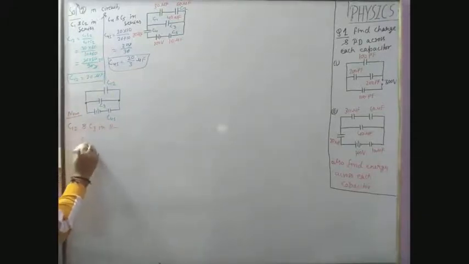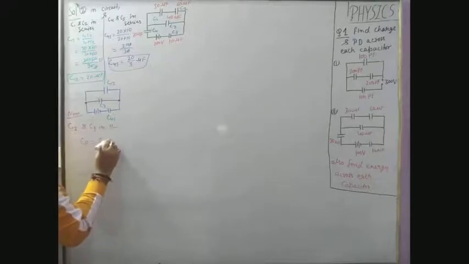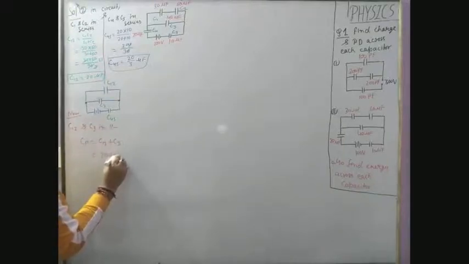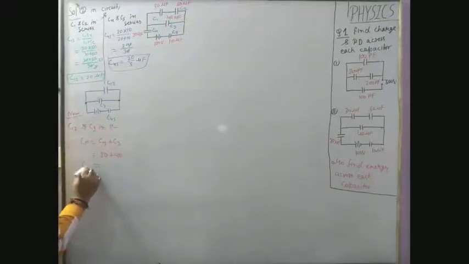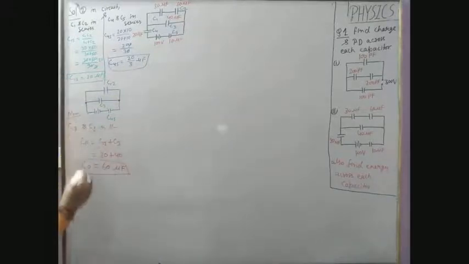Therefore CP we calculate from here is C12 plus C3, which is equal to 20 plus 40, which you will get from here is 60 microfarad. Okay, now the circuit is reduced to